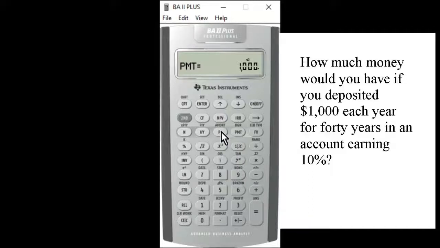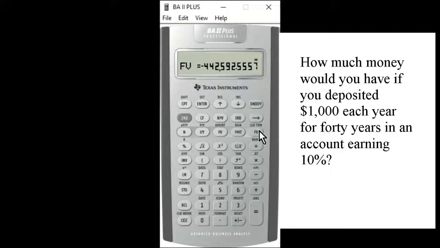Now, we don't have a present value. There's none given, and even though we're putting money into the account every period, when this analysis starts, we actually have 0 in present value. Our interest rate, according to the problem, is 10%, and our time frame is 40 years. So once we have 4 pieces of information in here, we compute the 5th. That gives us